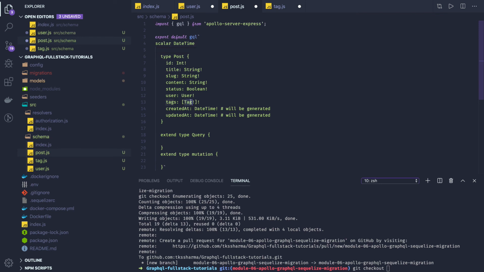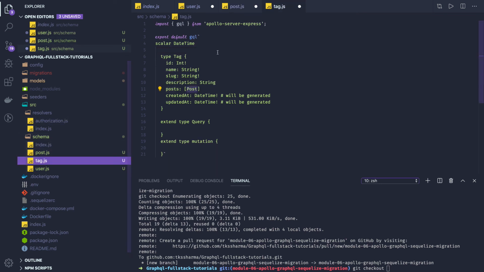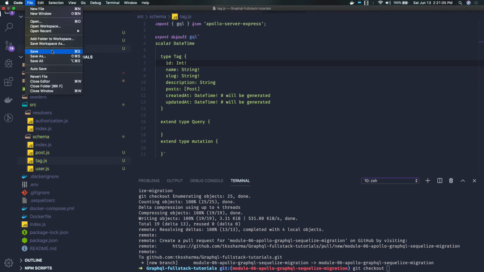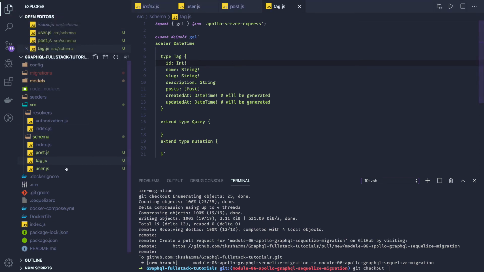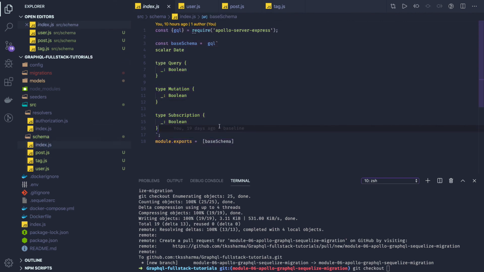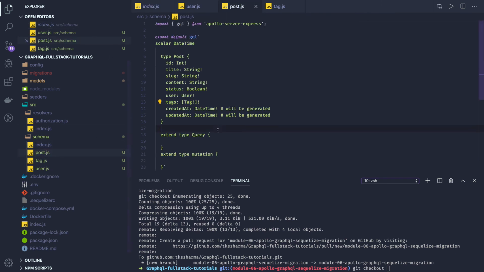Like post is not defined here, but post is defined there, so it will be shared. The tag is not defined here, but tag has been created there, so you will be able to share it and get it. You don't need to define these independently. You are just creating the base schema and we are importing one by one. So here you can just import these definitions in this file index.js and put that in the module.exports. Okay, so this is our post.